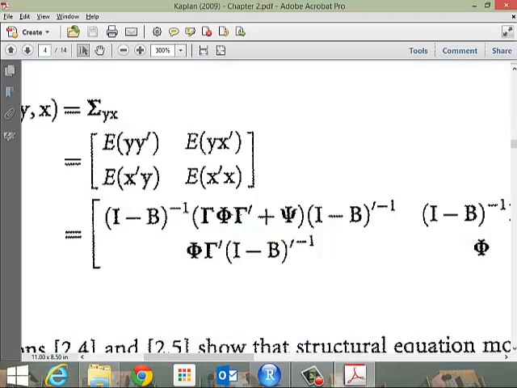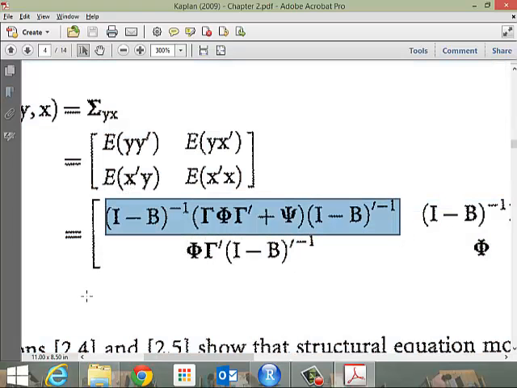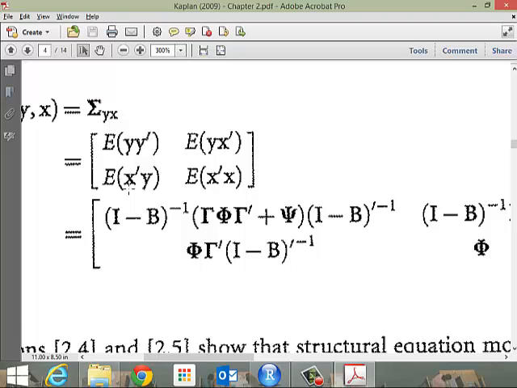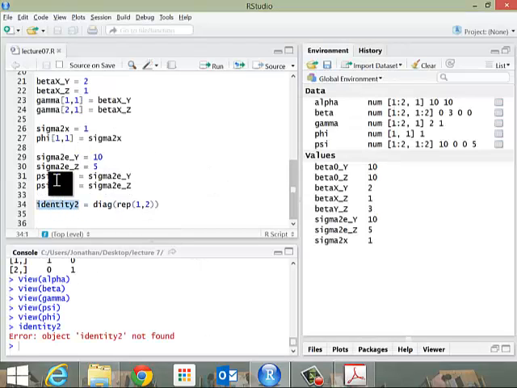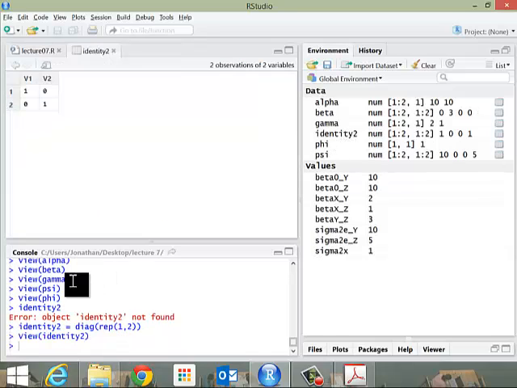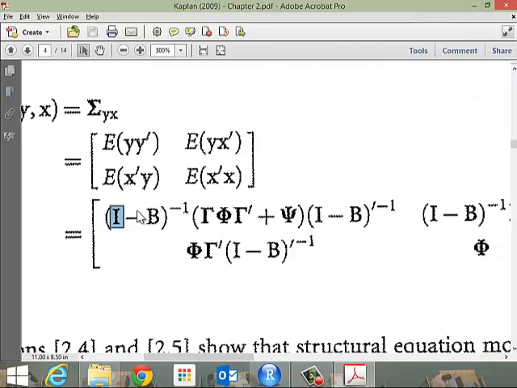I'm going to take each of the matrices I created. I'm going to give you this section of the matrix right here. Okay? So the first part is I created this I term. That is an identity matrix. Remember what an identity matrix was? It's a square symmetric matrix of ones. So I created one. It looks like this right here. Identity 2. It's 2 by 2 with ones. So I have to take the first part, which is